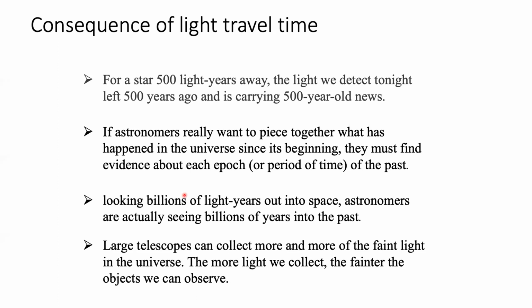Because light takes some time to travel from one place to another, and you don't feel this effect that much on Earth, because the distances we are talking about are very small. So even though light takes time to travel, you don't feel it, right? But when you talk about large distances like 500 light years,